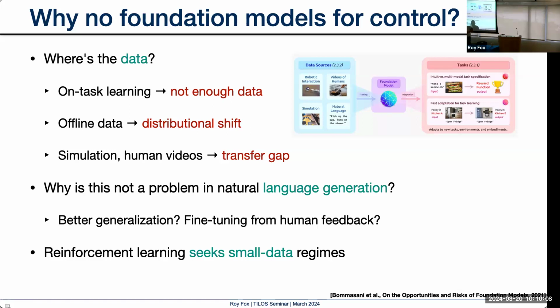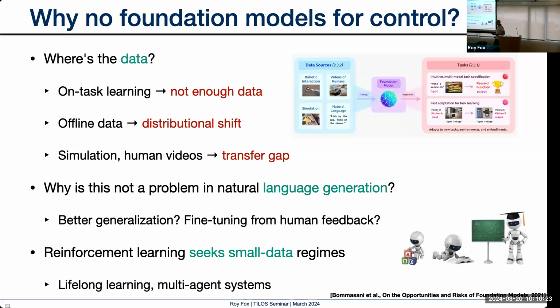What's worse is that in reinforcement learning, we're trying to optimize our control. We're seeking small data regimes. We're actually looking for those cases where they're hard for our offline learning, right? So we're sort of optimizing for things that might not have happened. So in lifelong learning, the world changes, we're changing with it. Everything is non-stationary by definition. We have the same issue in language, but not to the same extent.